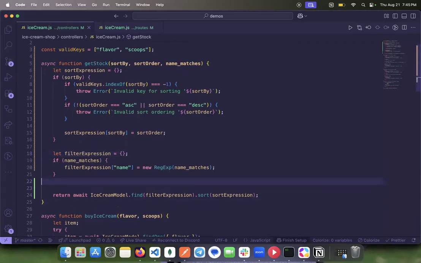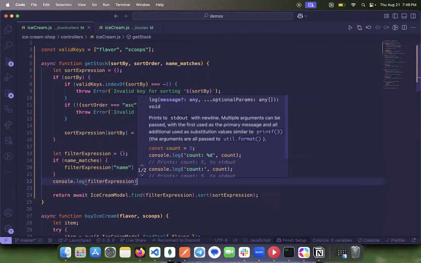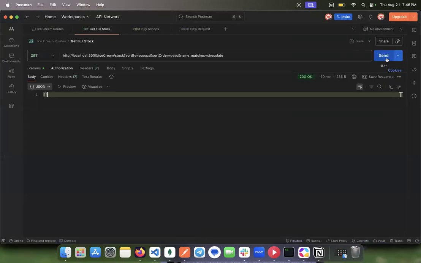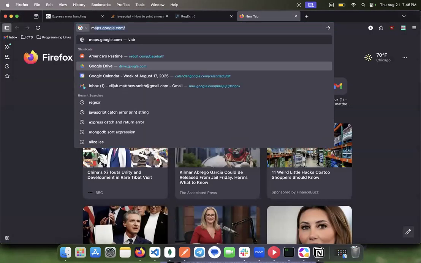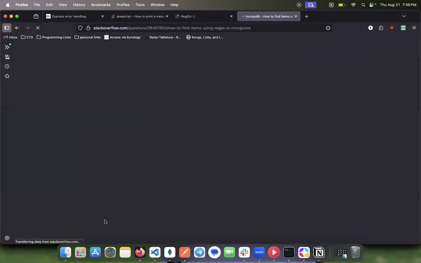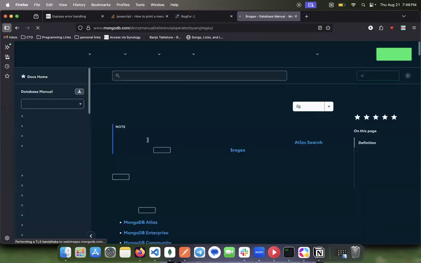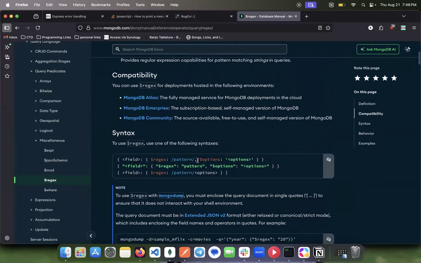Let's check our filter expression just to see what it does. And I try and send this. Name is regex chocolate. Mongoose. Regex. All right. I think we're gonna have to